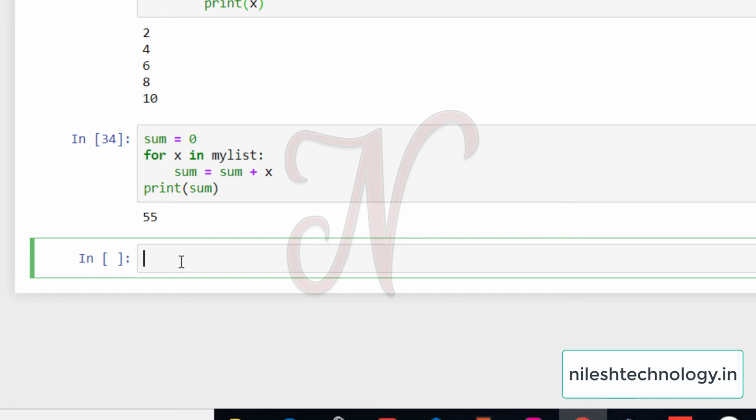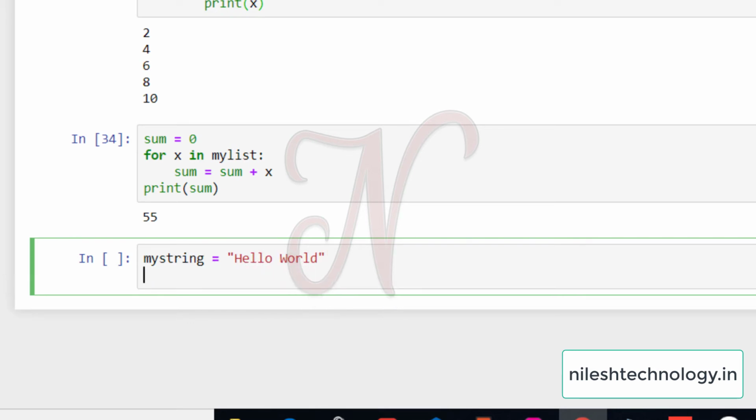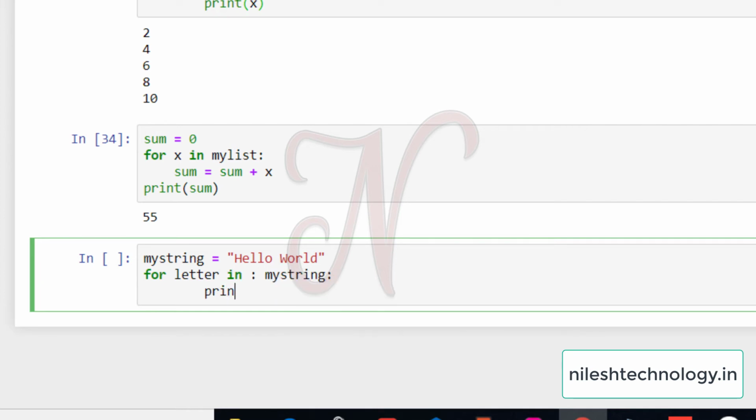Okay, so next we have to define one string. So my string is "hello world". Then we will print it character by character. See here: for letter in my_string colon print letter.